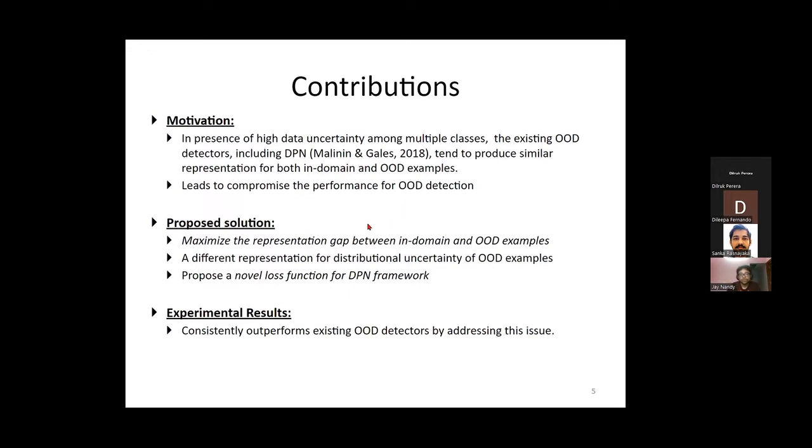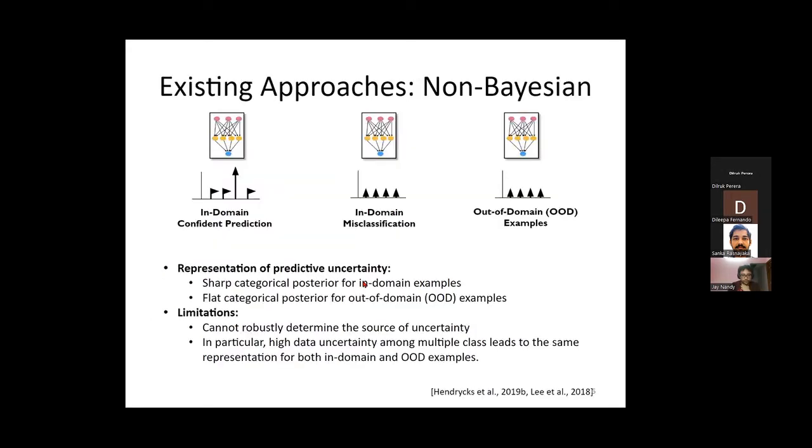So we propose a technique, which we are going to see in detail later, that basically maximizes the representation gap between in-domain and out-of-domain examples. For that, we took an existing framework called the DPN framework, and we propose a novel loss function for the DPN framework, and we address some limitations of the DPN framework. So,